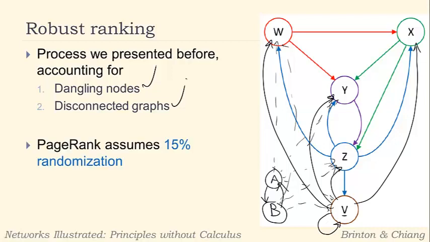So now the question is, how much randomization should we have? So in that random surfing philosophy, how many times should we be just following the web graph itself versus how many times should we be jumping to random pages? And clearly that will have an effect on the algorithm itself and how quickly it can approach its solution.